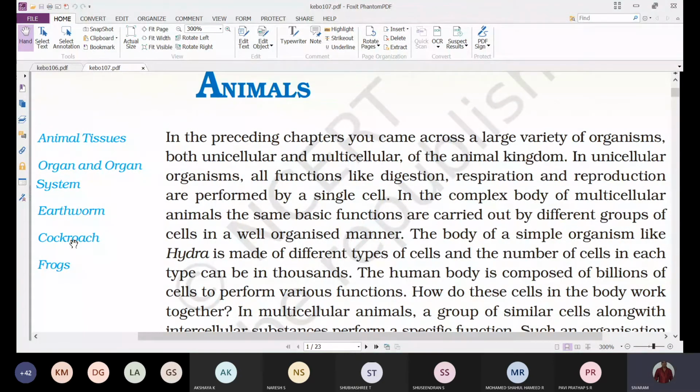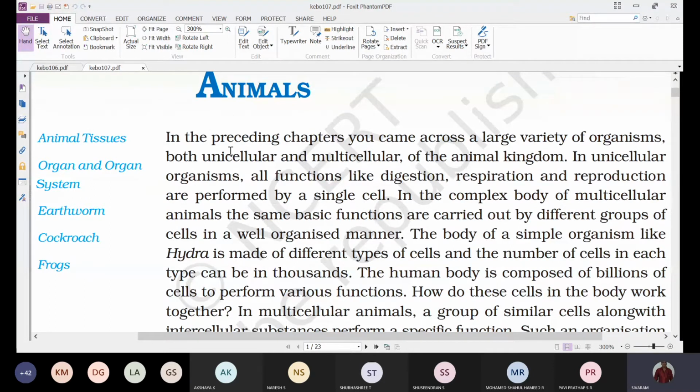So coming to the topic, structural organization in animals. Already we have discussed structural organization in plants under two chapters: one is the morphology of flowering plants and the second one is the anatomy of flowering plants. But the structural organization related to animals is discussed under only one chapter, the different tissues and organ systems, because we have got one lower organism and one higher organism. The higher organism we are discussing under one chapter, one unit, and in +2 also we'll discuss some concepts related to this organ and organ systems.